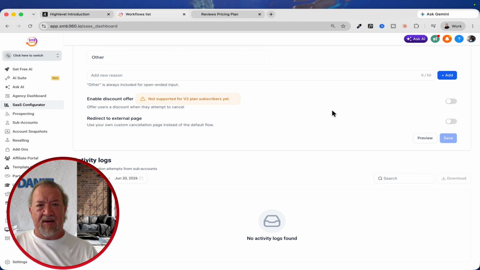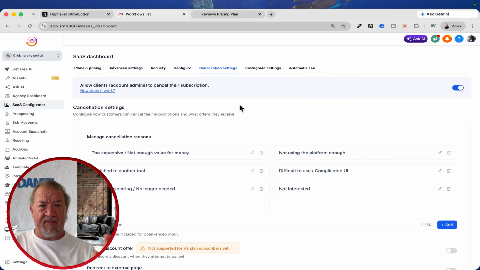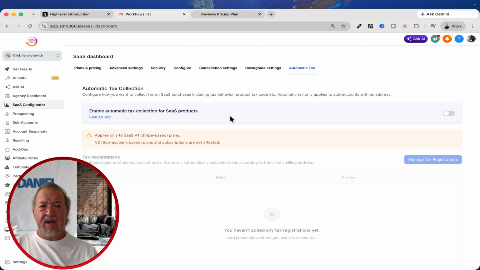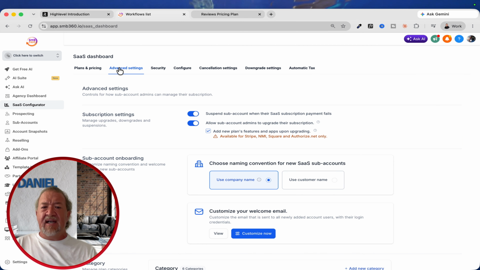Like right now, turning that on, you can have, hey, take advantage of the discount offer. Then you can have a funnel set up where it actually takes them over to the funnel. And then at that point, they could downgrade and move to a different plan or something like that if you wanted to. But that's pretty cool. And again, you've got your downgrade settings and then your automations tab. But these are the things that are inside the SaaS Configurator for just